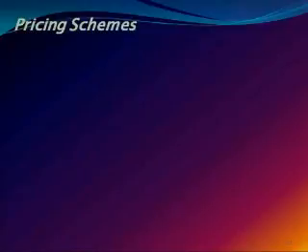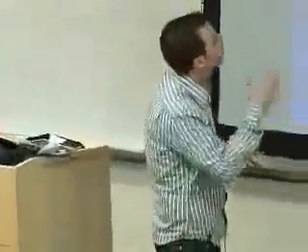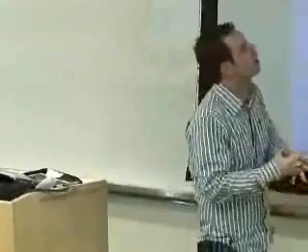Let me talk a little about the pricing scheme that the search engine might use, and some of the schemes that are currently used. So the first one that was introduced when this whole concept came out was charging the advertisers by just displaying their advertisement. Okay, this is what was called cost per impression or per mile sometimes,